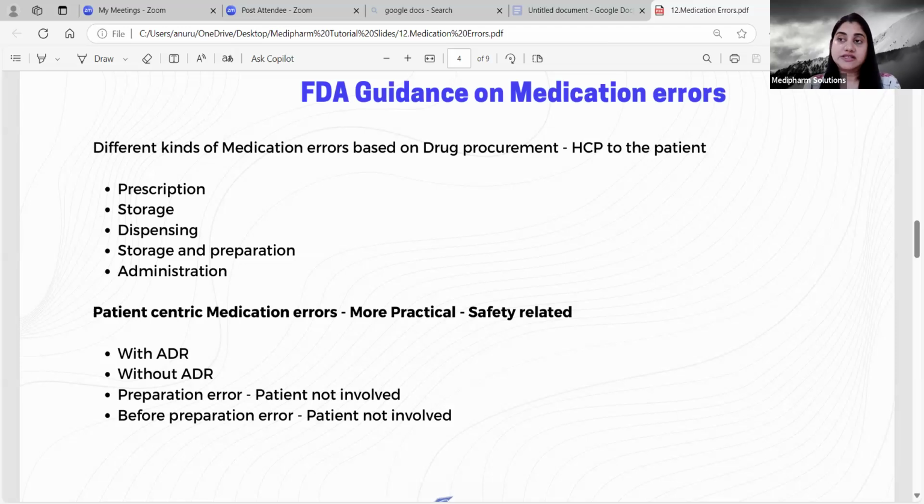And then there could be dispensing errors. Dispensing errors are actually prescriptions